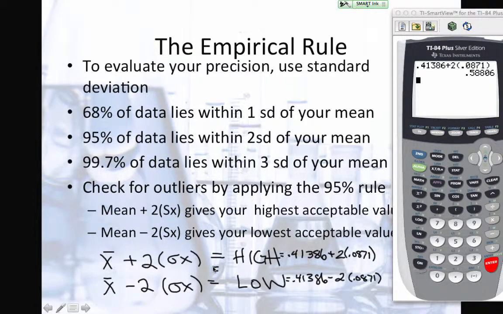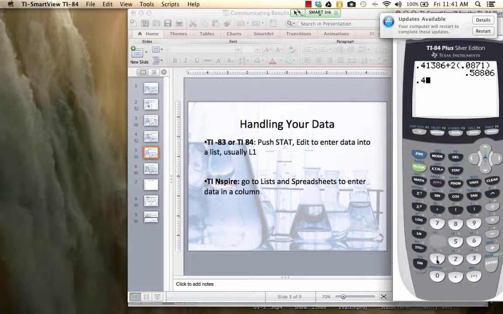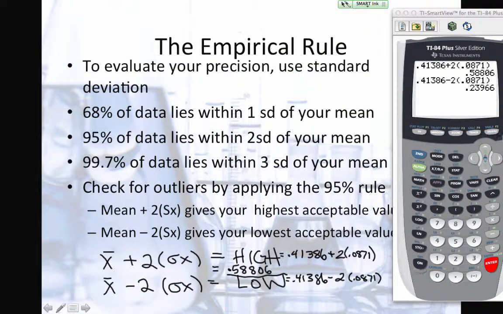So the highest number we can keep would be 0.58806. Anything higher than that number would be considered unreliable, and we would toss it out and get rid of it. Let's look to see the lowest value that we could keep. 0.41386 is still the mean. And this time we're going to subtract the standard deviation, 0.0871. And that gives us this lowest value of